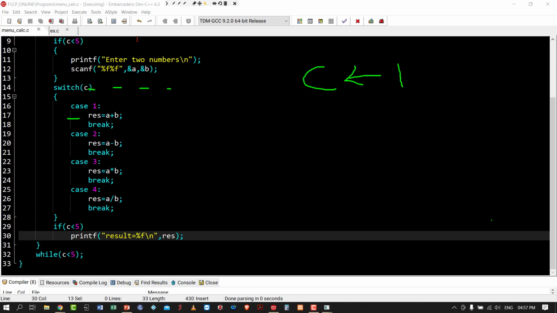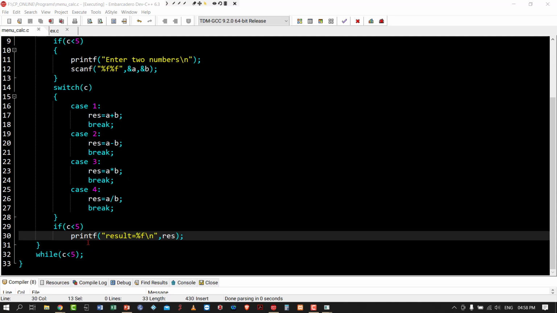So again, switch case, everyone is clear. Case 1 means, based on this c, the choice is passed here. If it is 1, we know it is an addition. So I am storing result as a plus b. If it is 2 it is subtraction, so that difference is stored in result. If it is 3, it is product, so that will be stored in result. If it is 4, it means division, so that division will be performed. I hope you remember the purpose of break and all.